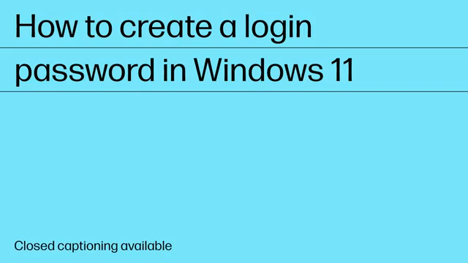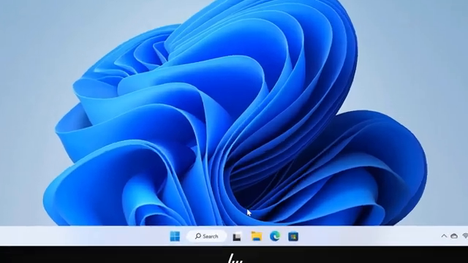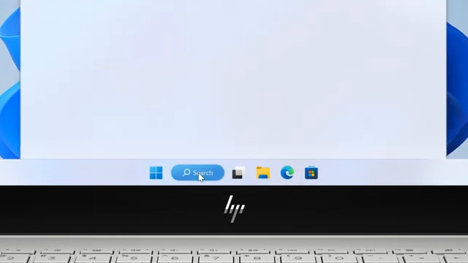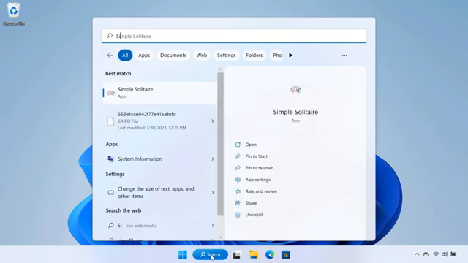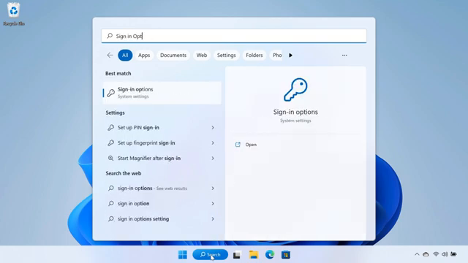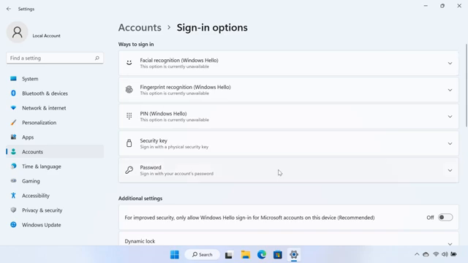How to create a login password in Windows 11. Search for and open Sign-in options from the taskbar. Select the Password tile